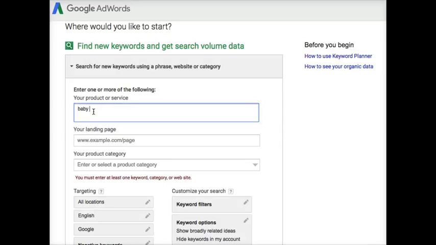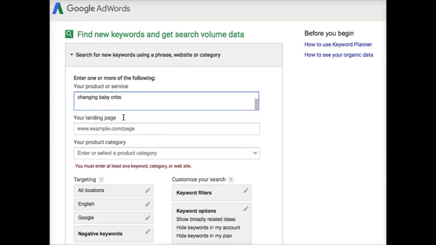So I can put in baby cribs. I can put in, let's see if I can spell it, convertible baby cribs. Changing baby cribs. And we enter down one. We either enter down or put a comma between them so that Google recognizes the different phrases. Okay. We could put in colors.